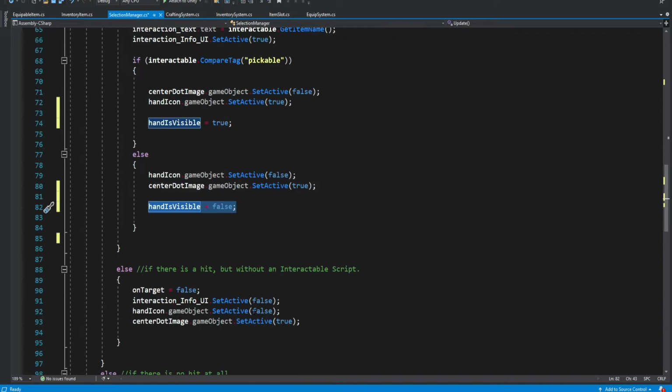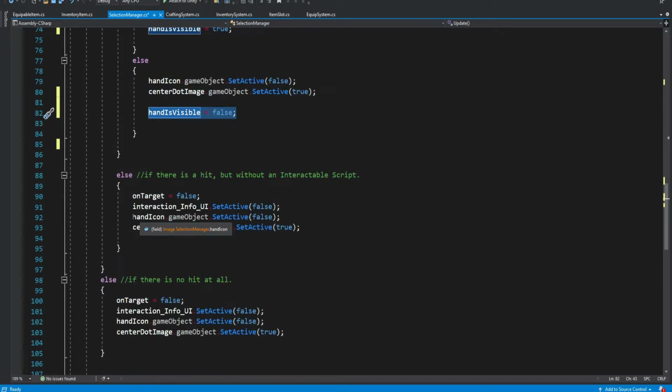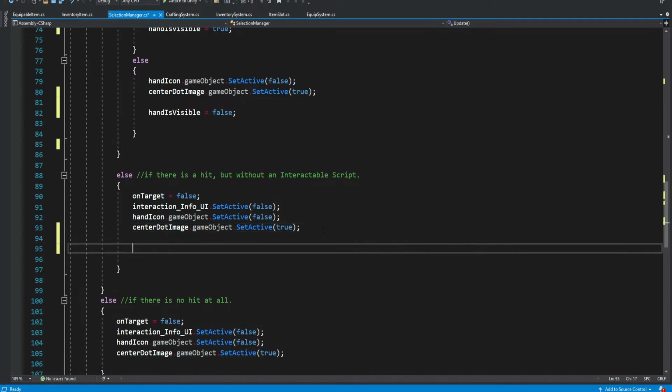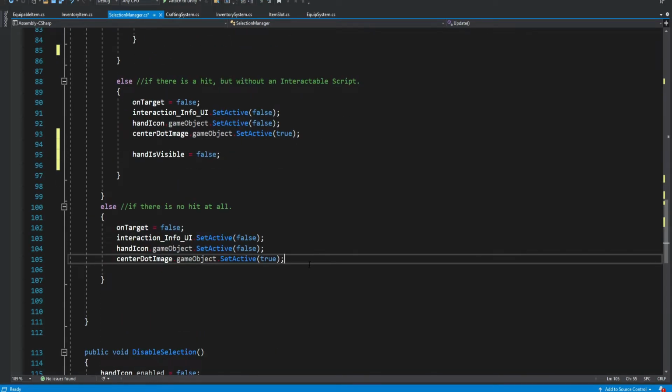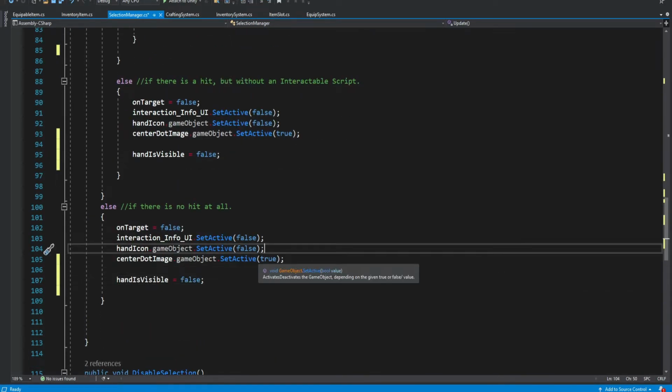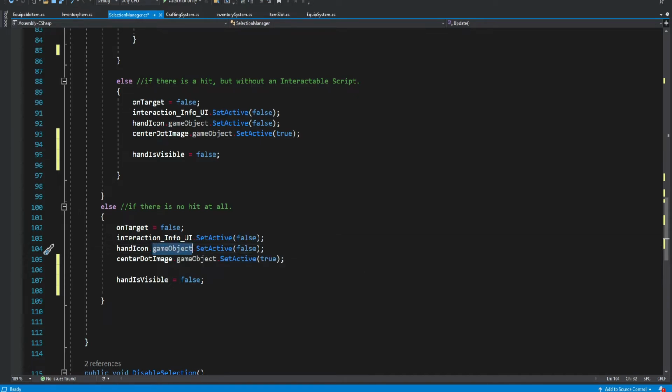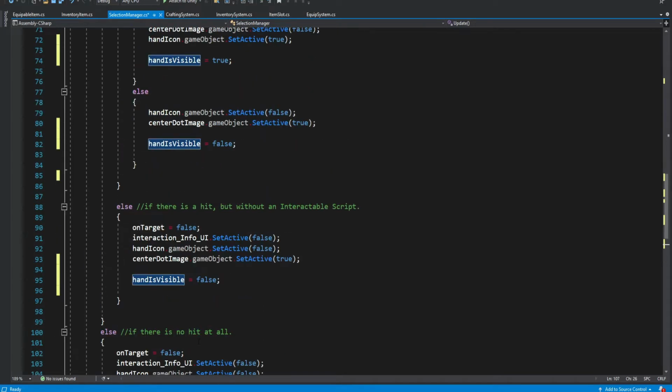And where else? Over here we set it to false. And over here we set it to false. So here we set the actual game object to be false, right? But here we set this boolean to be false, so then we can reference this boolean from outside of this script, okay?